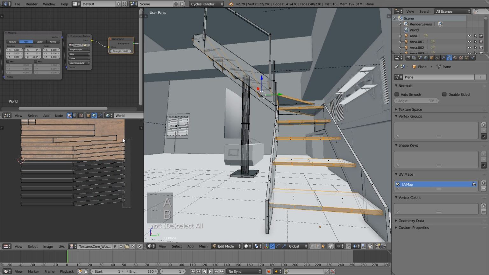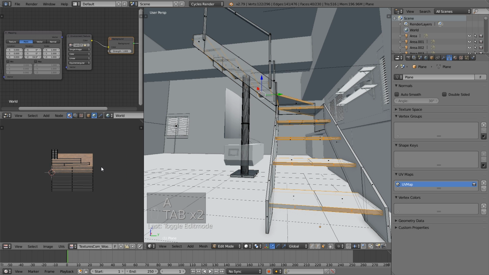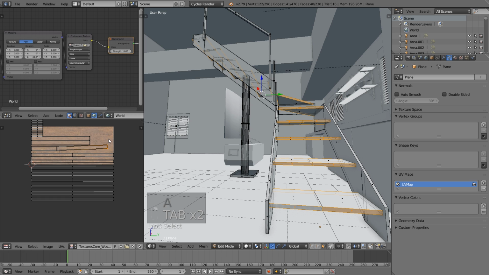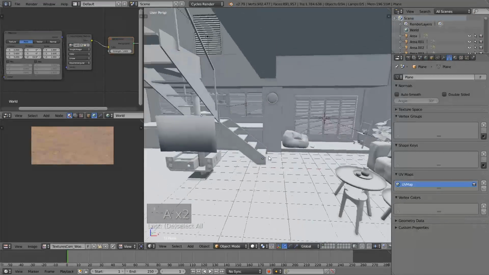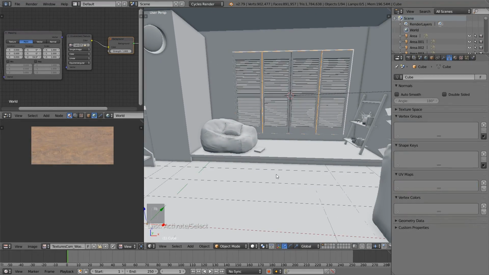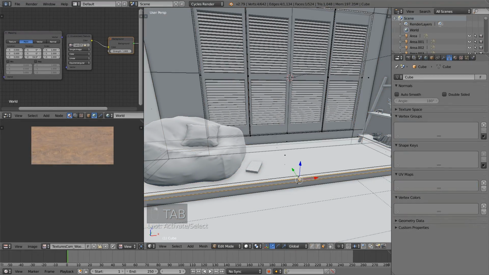Some of these are a little crooked for some reason, so I can just grab them along the y and straighten them out so they look better. Alright, this one too. Doesn't really matter, probably won't be noticed, but just in case. Alright, so that wood is done. Now we have a little bit of wood on the surface here that should be unwrapped. So I'm just going to